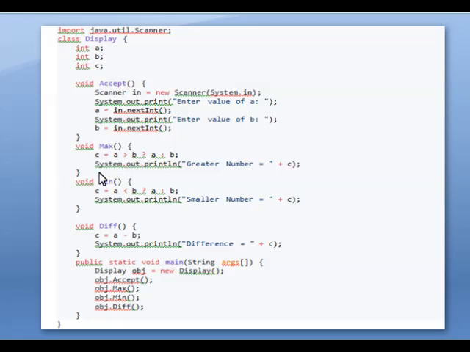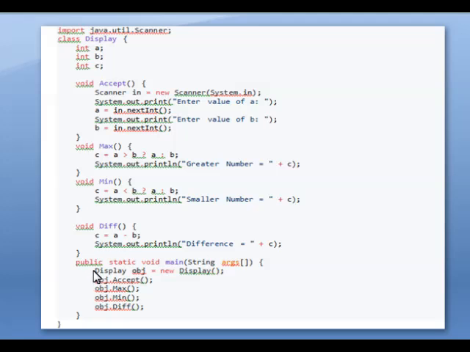In the ternary operator, first we have to check the condition. In c we are going to store the result. If a is greater than b, if the condition is true, then a is the greater number. If the condition is false, then b is the greatest number. So the greatest number is stored in the variable c. Then here the less than, the smallest element, and here we are finding the difference between a and b and storing it in the variable c.